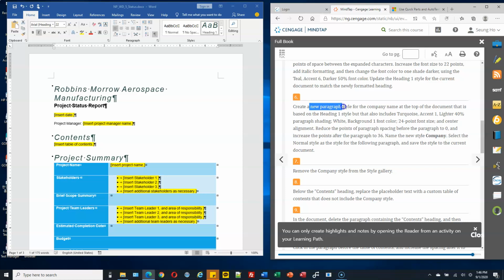create a new paragraph style for the company name at the top of the document. Okay, top of document. Okay, paragraph style.